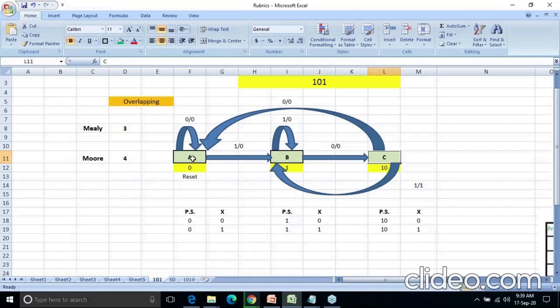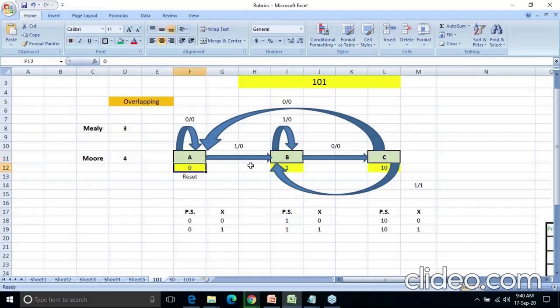Have you done with that? A, B, C, and give the naming, S0, S1, S2, or A, B, C, whatever notation you want to give, just give it. First you have drawn these particular states. They should always be circles. Otherwise it will look like you drew squares, as if madam had said to draw squares. It should not be like that. As this is Excel, I am not able to draw the square over here, so circles. So these are the 3 states A, B, C.